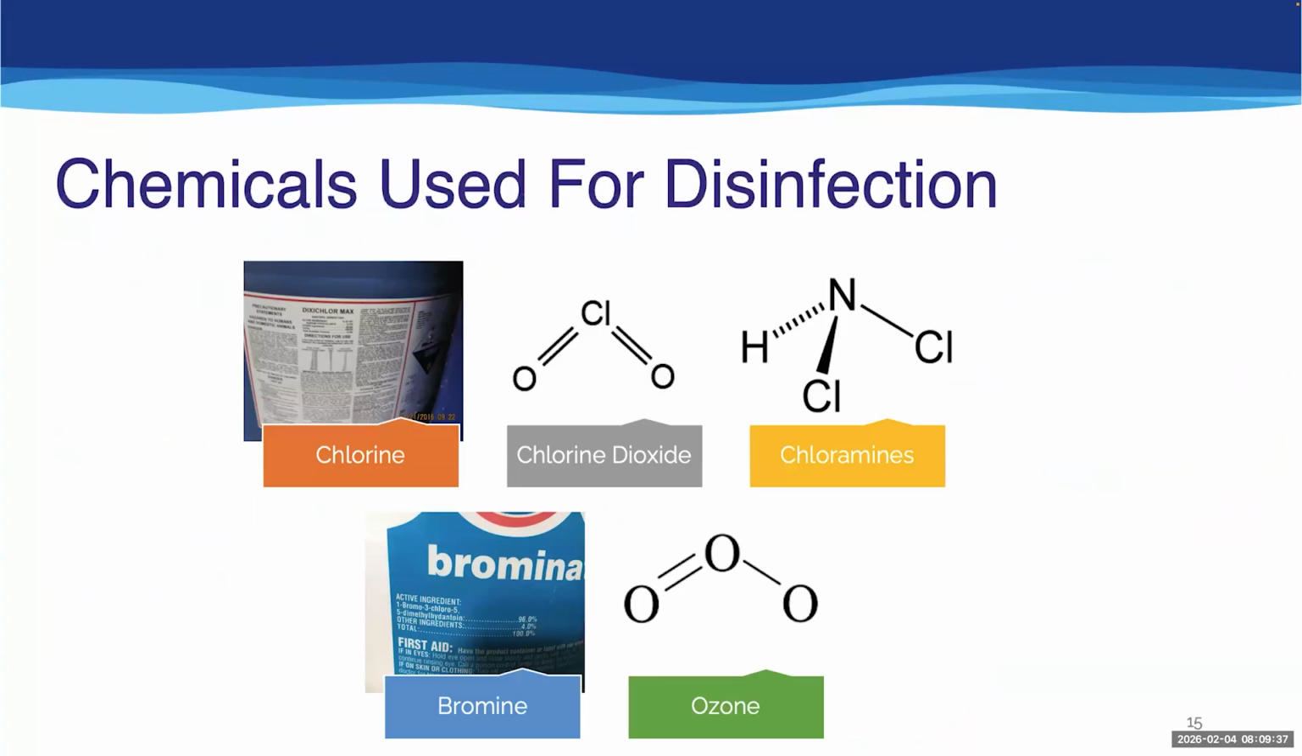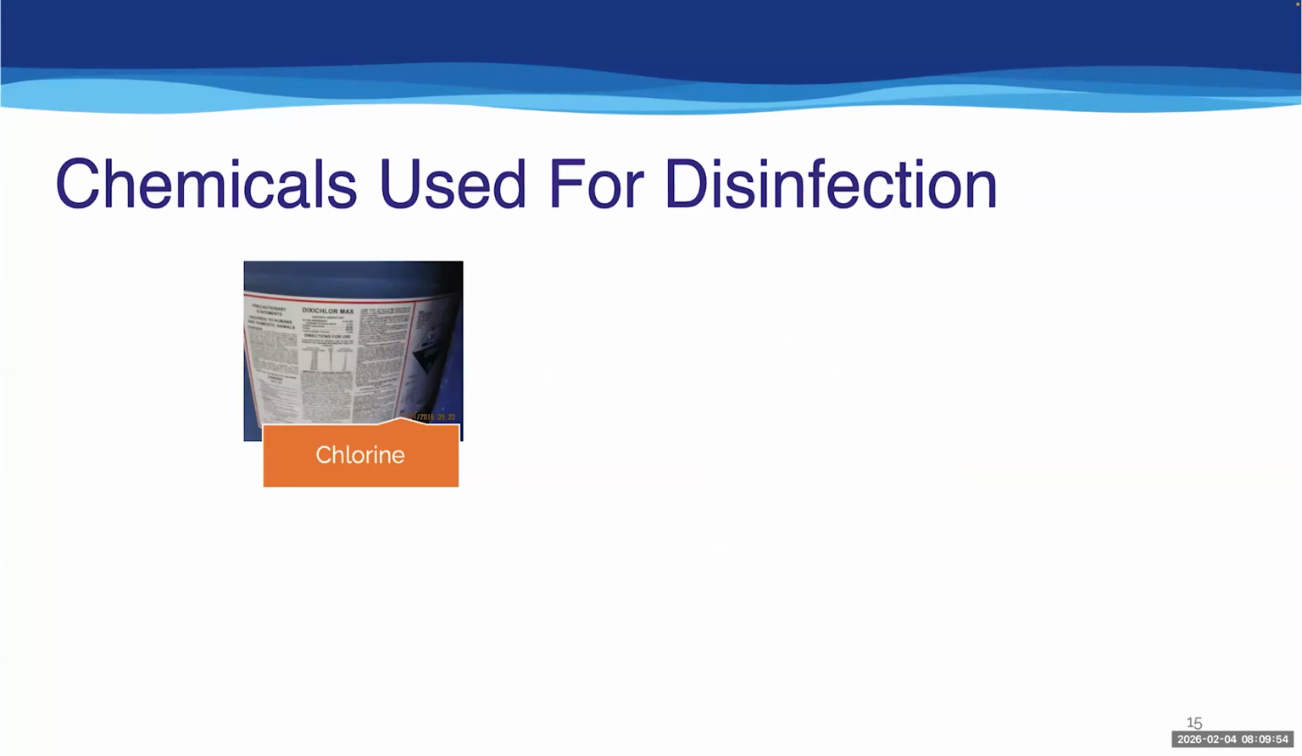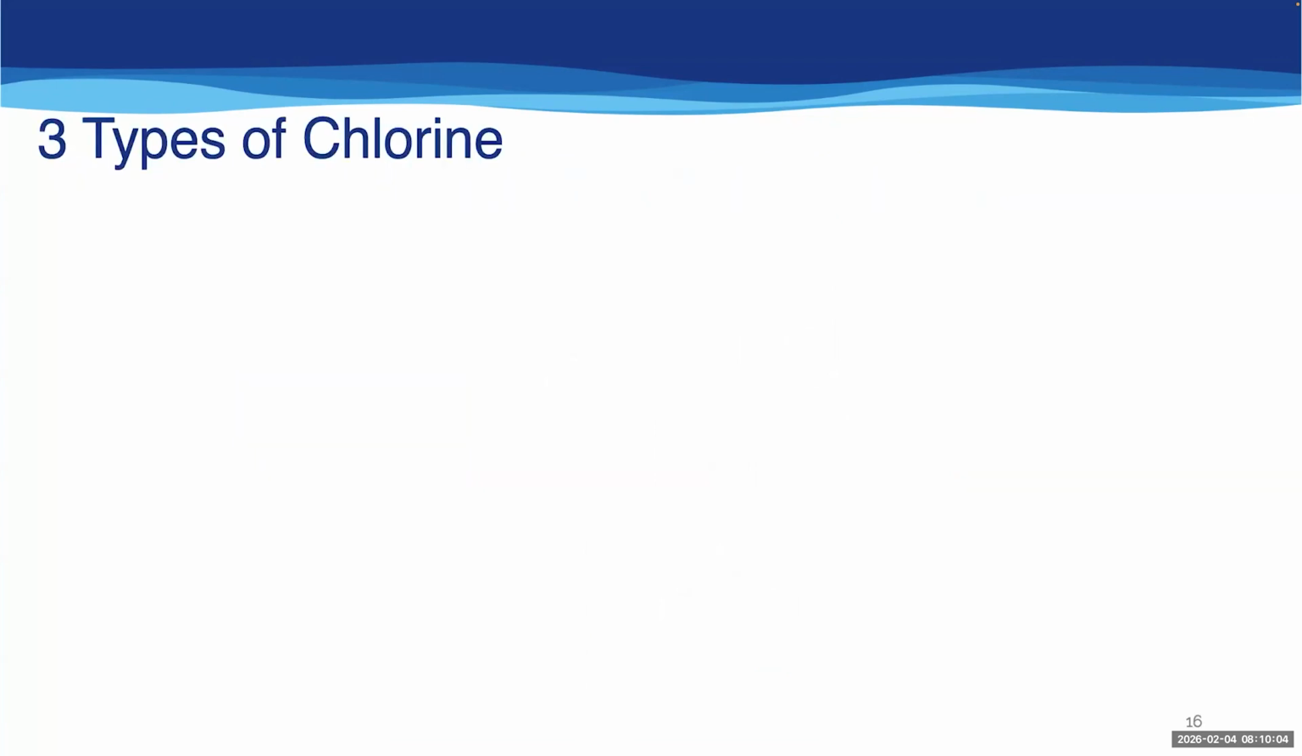So let's talk about the things that we actually use for disinfection. Chlorine, chlorine dioxide, chloramines, bromine, ozone, all of these are potentially used for disinfection of wastewater. And they're basically used because they're oxidants. Chlorine is really kind of the most common one that we use out in the field. And the three types of chlorine that people were sort of checking off on our list earlier are sort of the three most typical types that